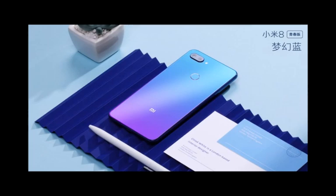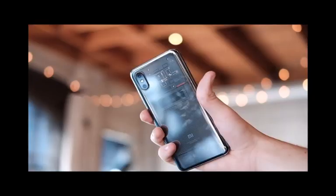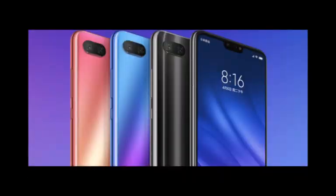Xiaomi continues to expand its Mi 8 phone lineup. Today, the company announced the new Mi 8 Pro and Mi 8 Lite. In China, they're known as the Mi 8 Screen Fingerprint and the Mi 8 Youth Edition, respectively. The Pro is definitely the more interesting device, as it includes a built-in fingerprint sensor beneath the display. Other specs include a Snapdragon 845 processor, either 6GB or 8GB of RAM with 128GB of storage,